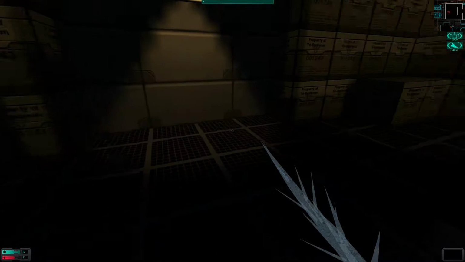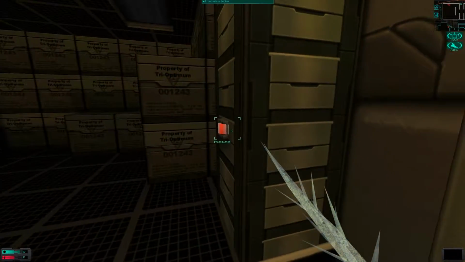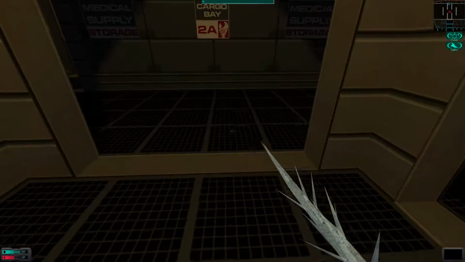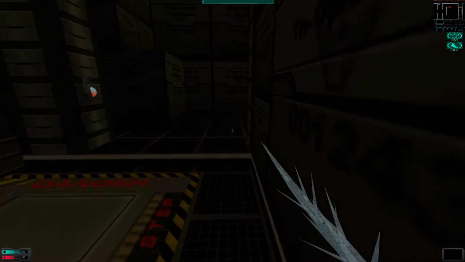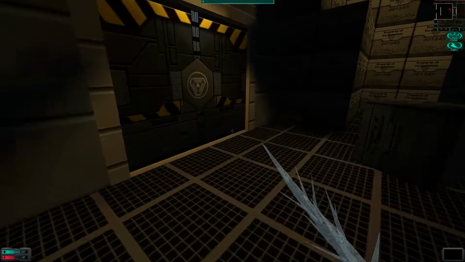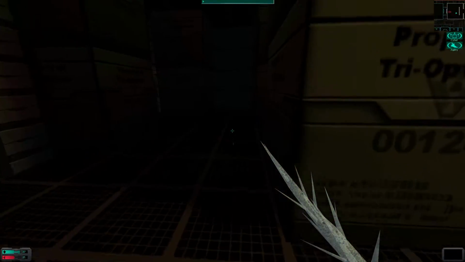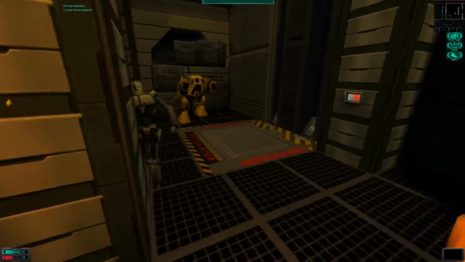I want the prisms because I plan to convert them into nanites later on when I get a replicator. I think we might have let the robot back over here, but we won't be. Hello? No need to worry about